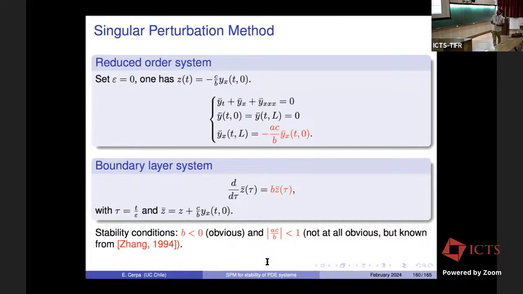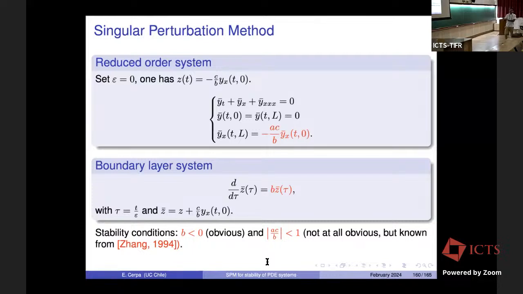Okay, here we use these two systems. We obtain the reduced order system and the boundary layer system for this slow KdV fast ODE system. For the ODE it is also very simple here. Again, we have just b less than 0 in order to have this reduced order system stable. And for the PDE, for the KdV equation, we get this one, which is not obvious what is the